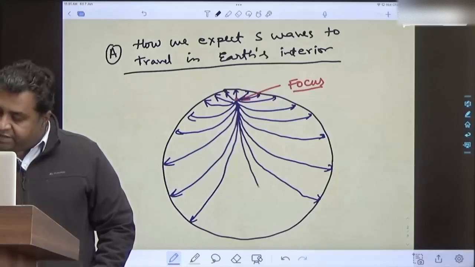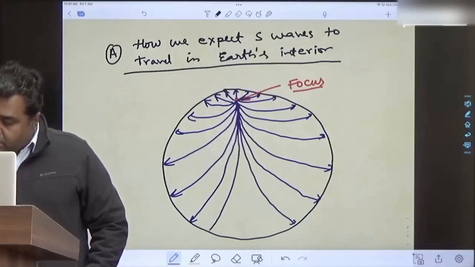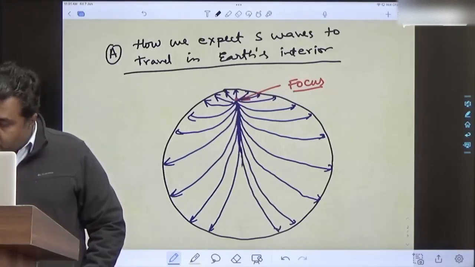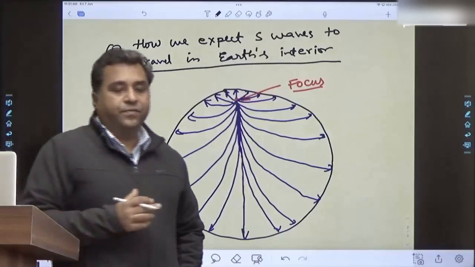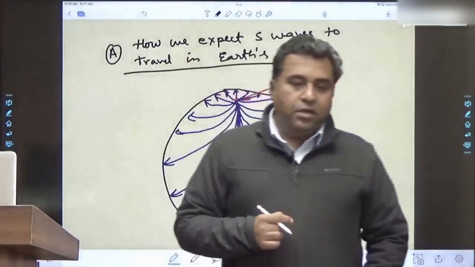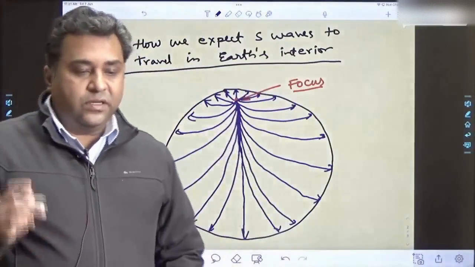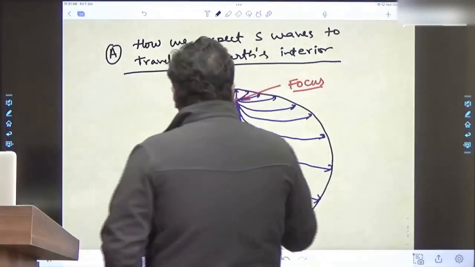And the same we expect from P waves also. So this is what we expect from the S wave. We expect the S wave to travel like this in the Earth interior